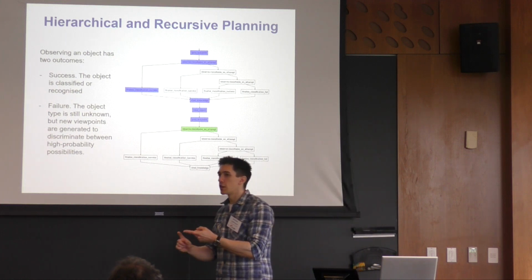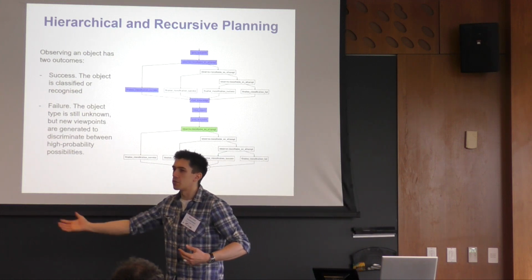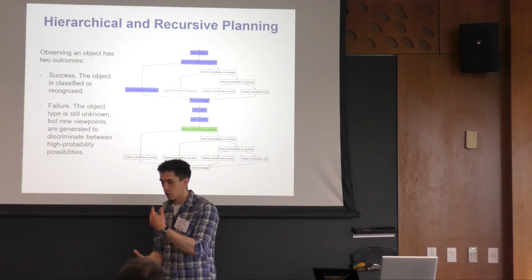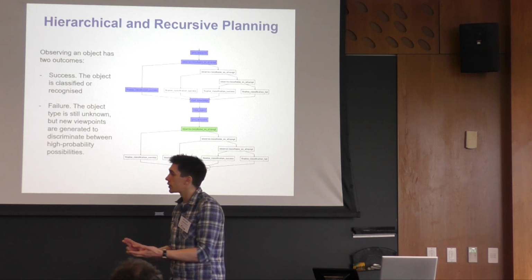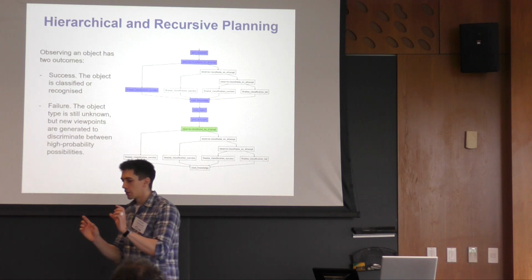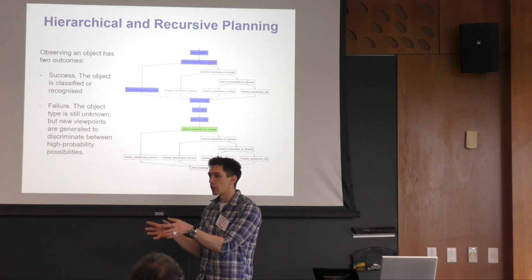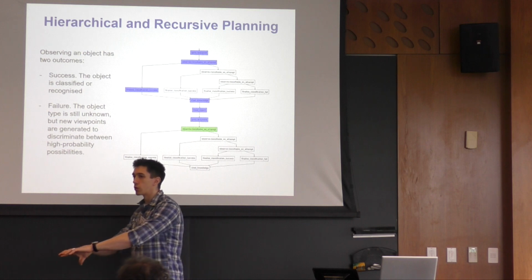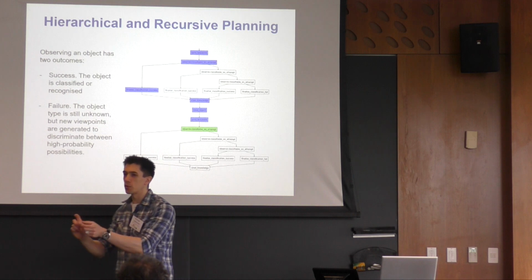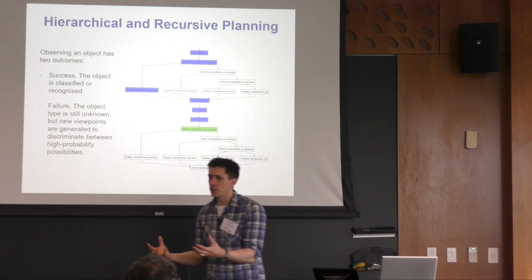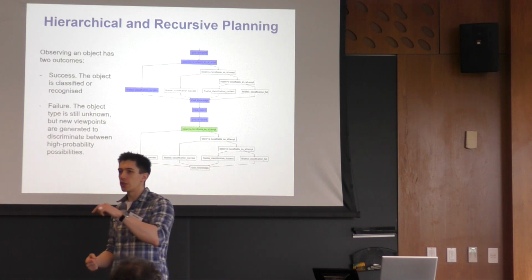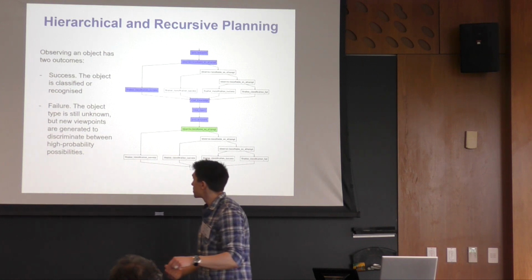It can succeed, at which point you don't want to visit the rest of the view cones. You want to stop immediately and move on to the next object. It can fail, and so you must move to the next view cone if there's any left. Or it can fail, but the number of candidate objects is now small enough that the control for inspection can generate a unique view cone which will discriminate between those candidates. And in that case, you don't want to visit the rest of the view cones you already have. You actually want to replan using the new view cone that's just been generated.